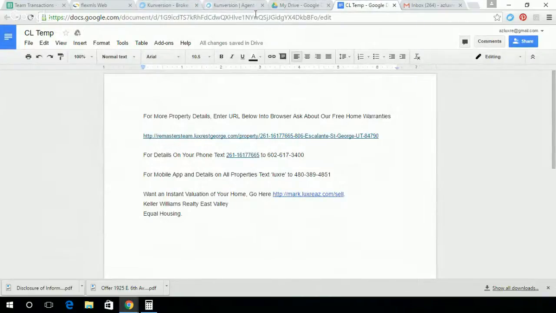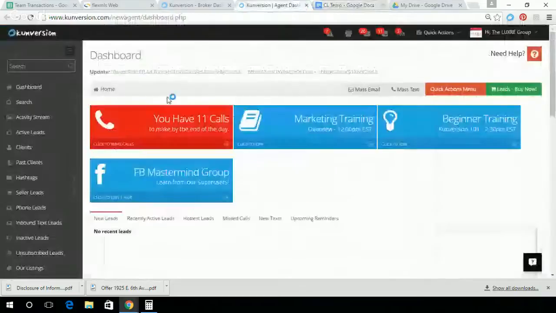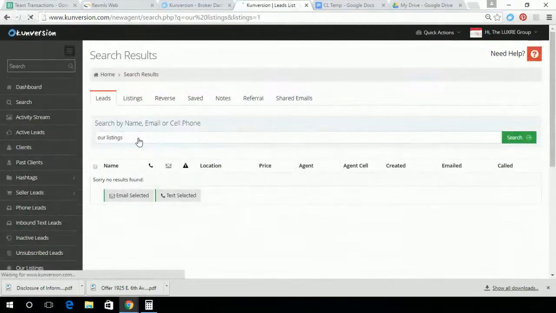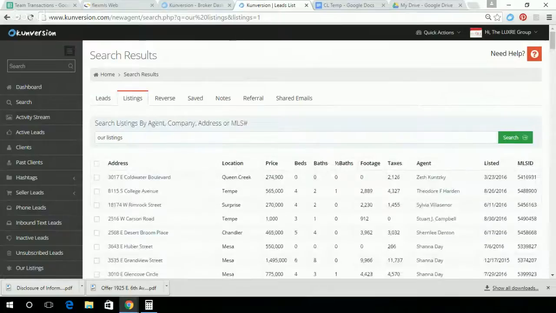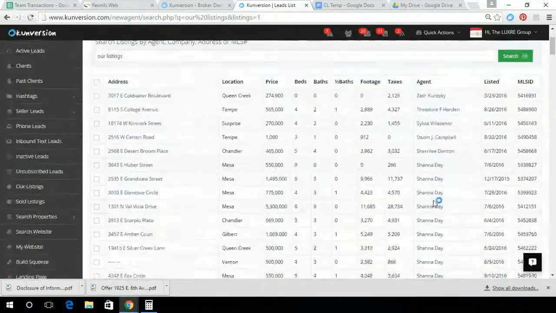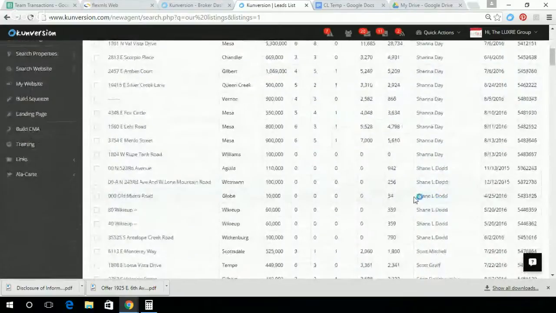What we do is we kind of get back organized. I like to keep all my stuff nice and neat because it makes it easier for me, okay? So what we're going to do is come here to our listings, open this up, and this is going to pull all of our company's listings. Now remember, we need to make sure that we stick to the people who we can post.